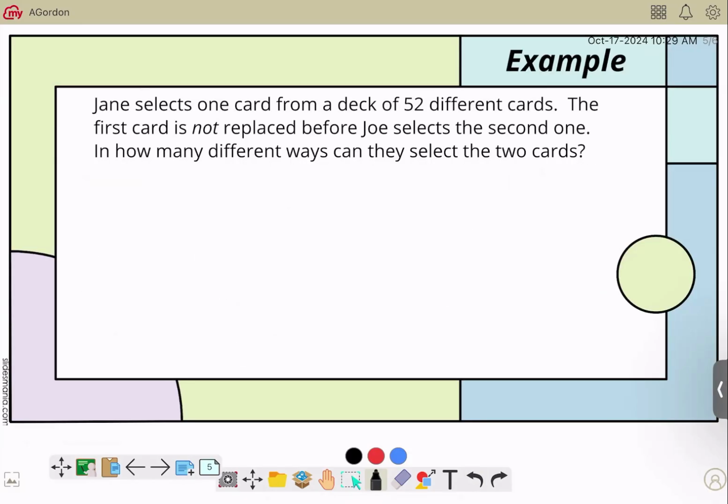All right, in this example, we are picking a card out of a deck of cards. And it looks like in this example, we just need to know the total number of cards in a deck, and they tell us that. But there's a problem in the homework where you need to know how many cards of each suit. And in the textbook, there is a nice little picture with a list of all the cards in a deck of cards. So that could help you if you're needing to count up the number